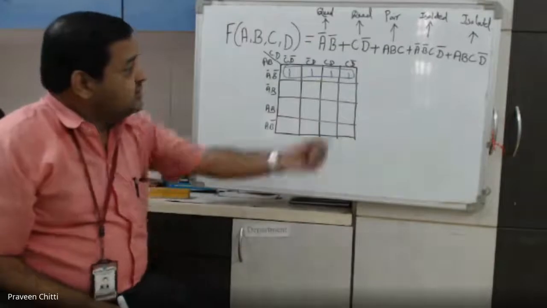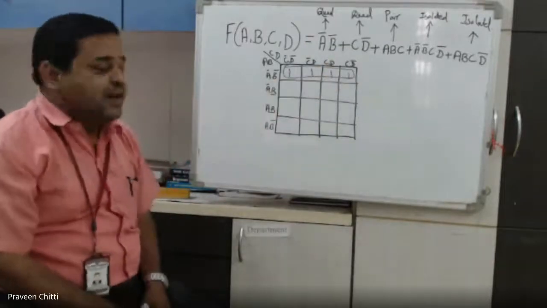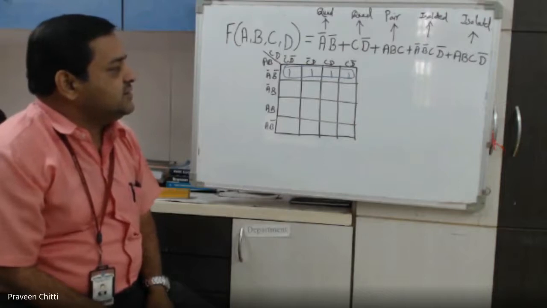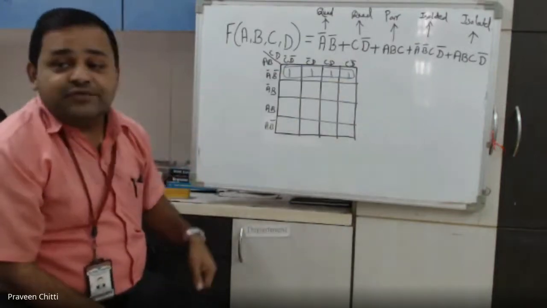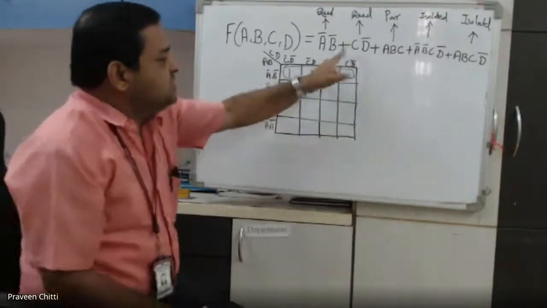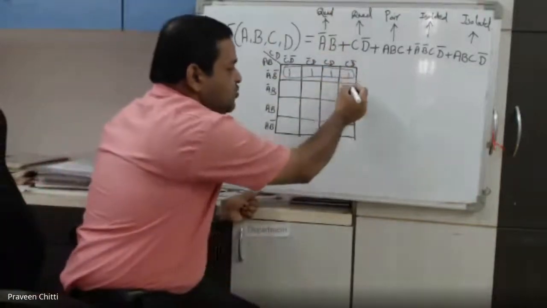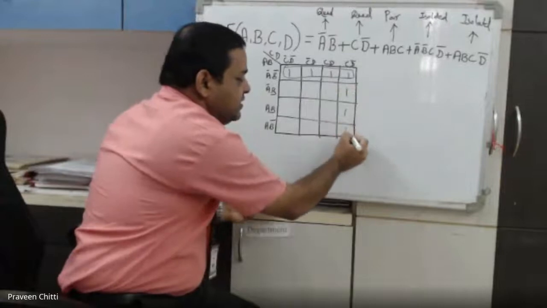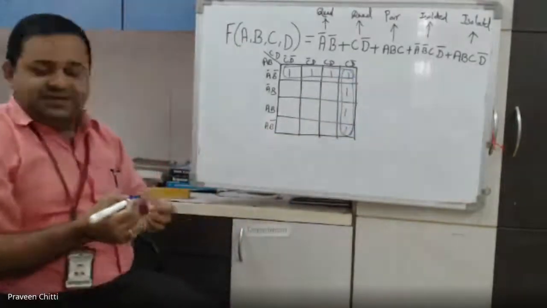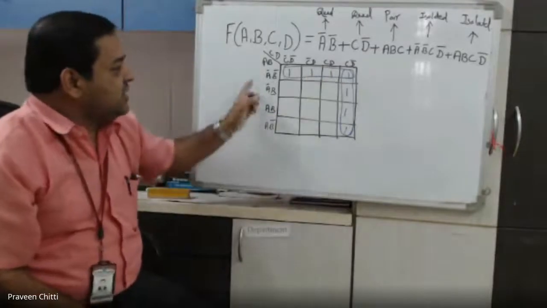Clear? Similarly, how do you get C, D bar? C and D bar you want. It means, from where will you get C, D bar? See here, C, D bar. So for the C, D bar quad, I should have 1 here, here, here, here. I should form another quad like this. Right? C D bar we got, A bar B bar.